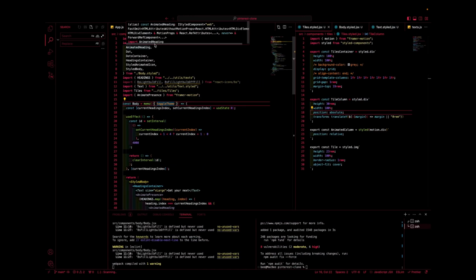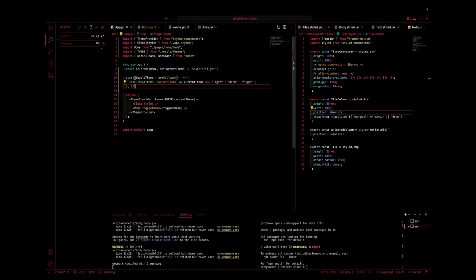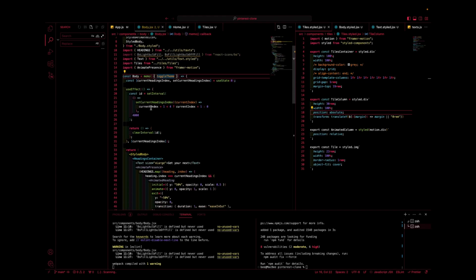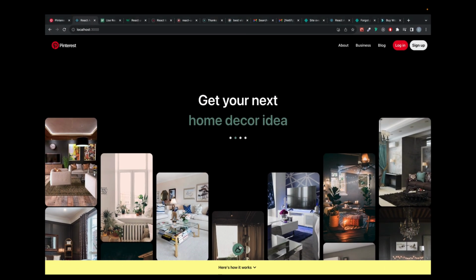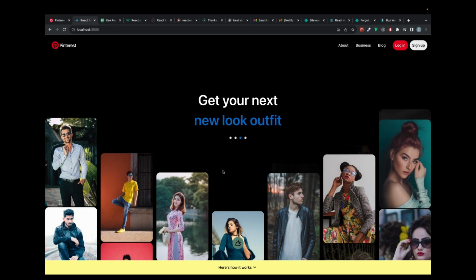Just to go over what I just said, anytime we have a changing function, since this is a function, it changes every time the app component re-renders. That is when we change the theme. So we're going to have to re-render the children components. We're going to have a new toggle theme function, which is going to cause the home component to change, even though the value really didn't change. To fix that, we wrap it in a useCallback. And then we also memoized our body component by wrapping it in a memo. Okay, so that's it. In the next video, we're going to talk about hosting it and making this application